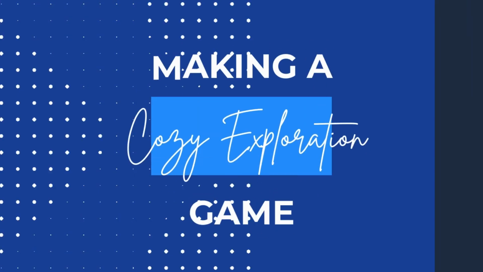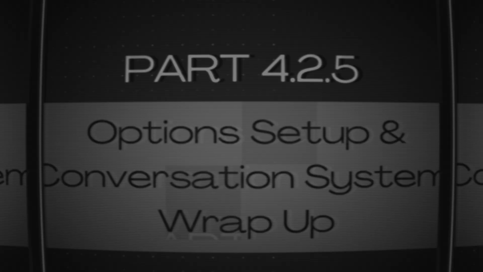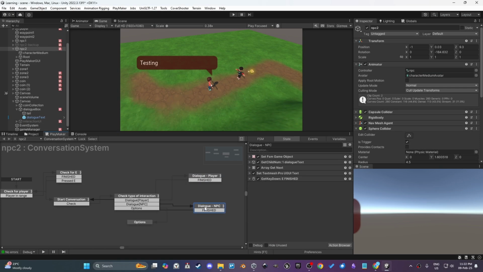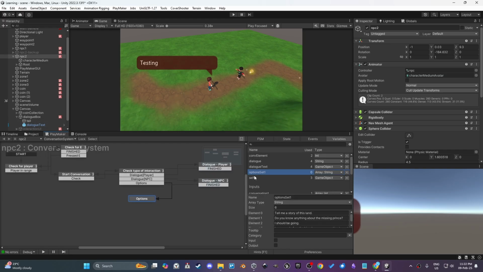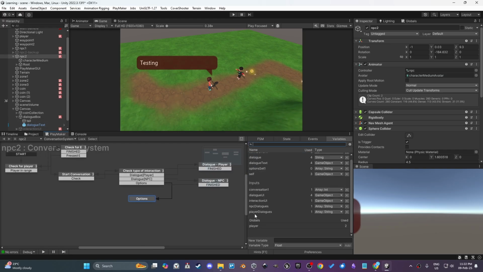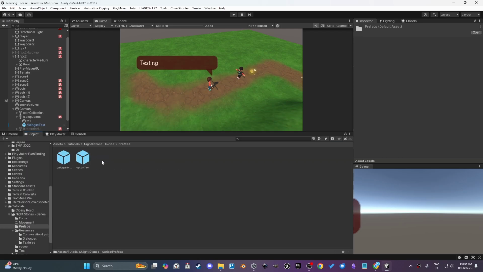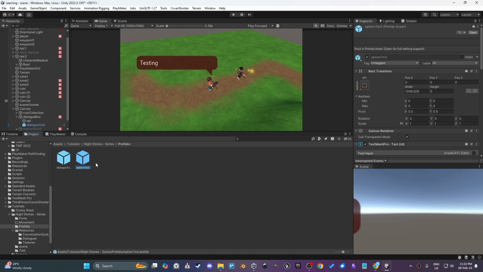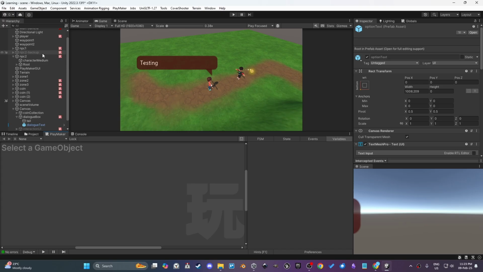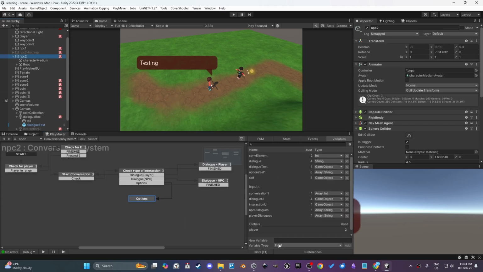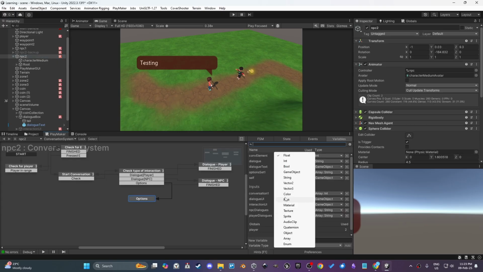So for the options, I'm going to make room and organize this FSM a little bit, something like that. So we'll need to create a reference to the prefab for the options. So I'm going to quickly go to the project window and look for the prefab. So this is our prefab. It's called option text. So I'm going to go back to Playmaker, select the NPC and create a game object